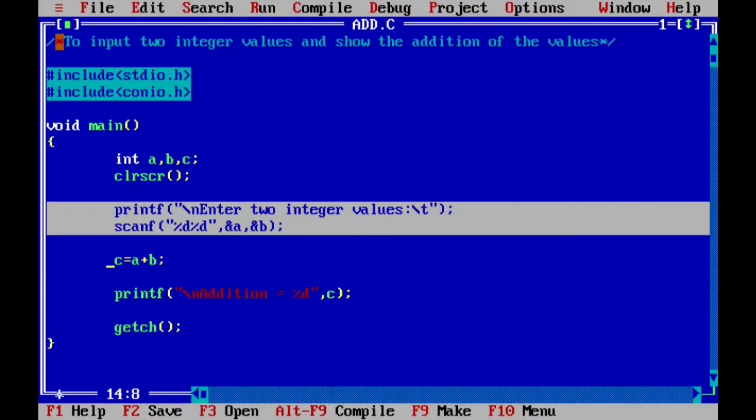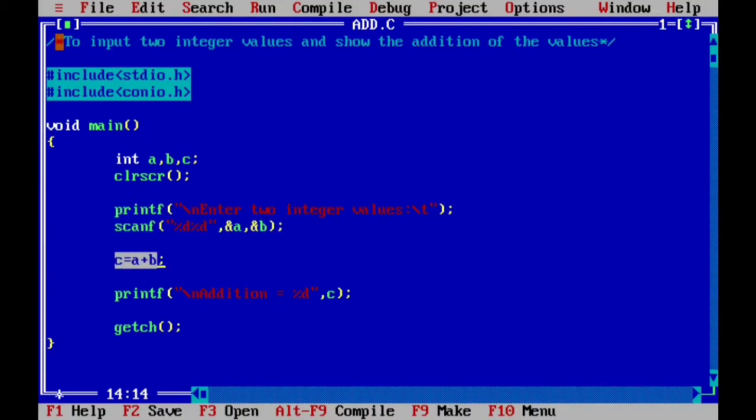Okay, next is c is equal to a plus b. We have used the assignment operator and the addition operator, right? Now the assignment operator has associativity right to left, so the right part will execute first. For more clarification on this topic, please look at my previous videos.